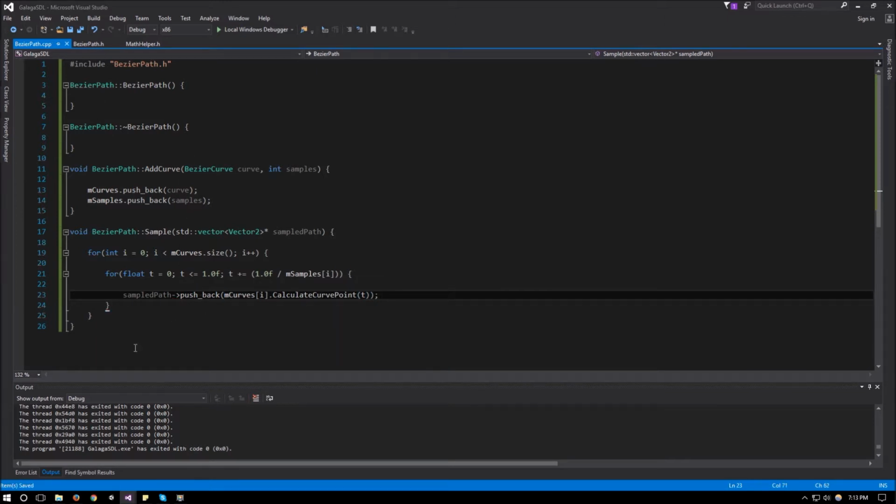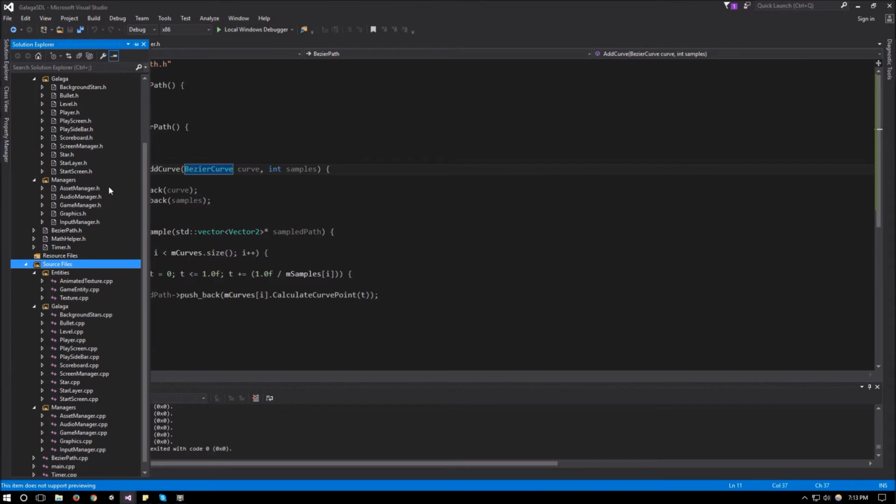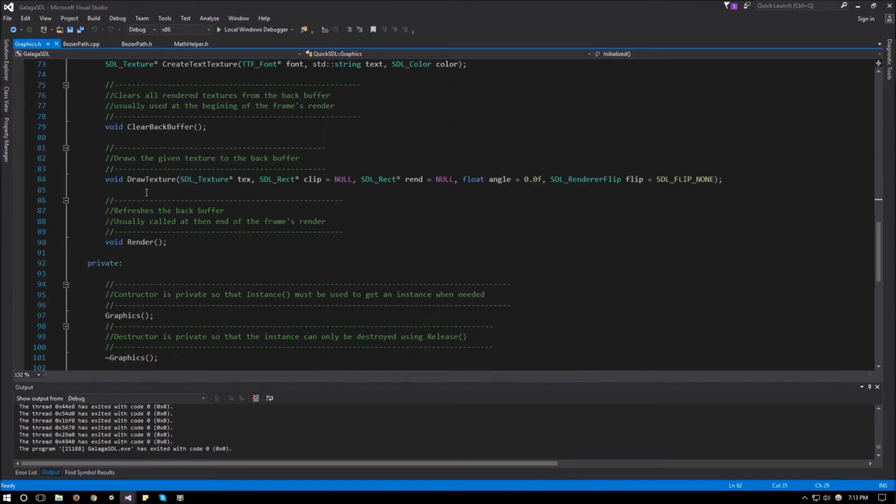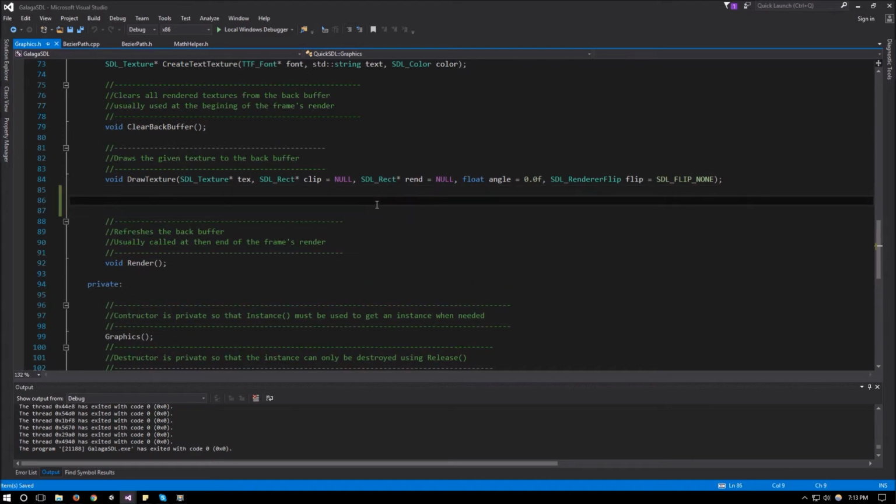And that will be it for this class. Now we are ready to actually make one of these paths, but the first thing that we need to do before that is to be able to draw a line. And for that we're going to be going to our graphics.h. So in graphics.h we'll go down to where our draw texture is and add another method right underneath it called